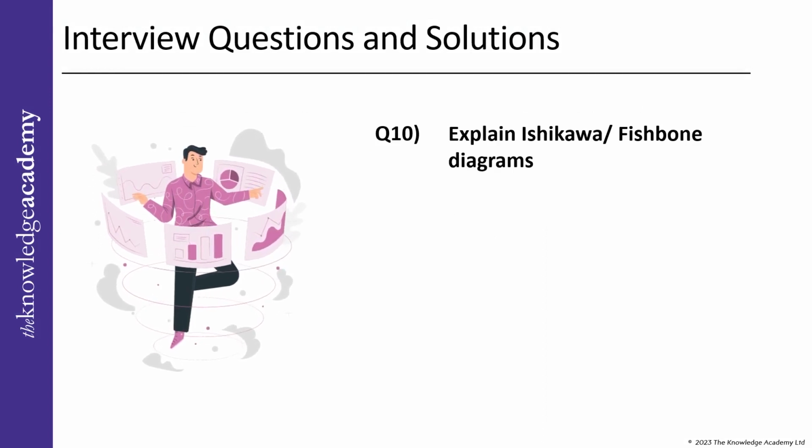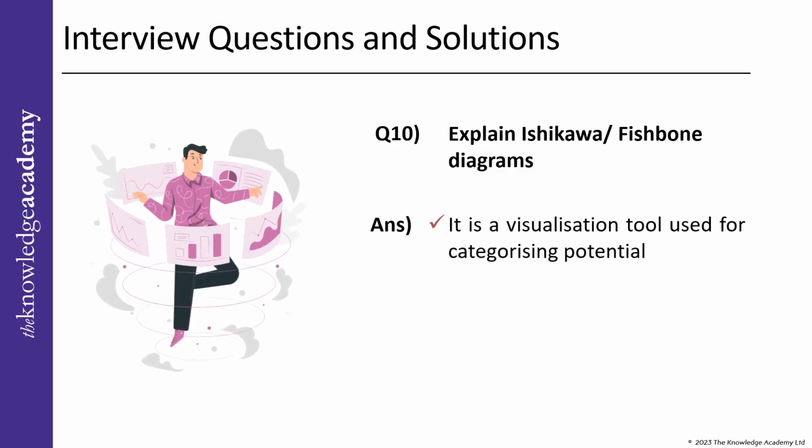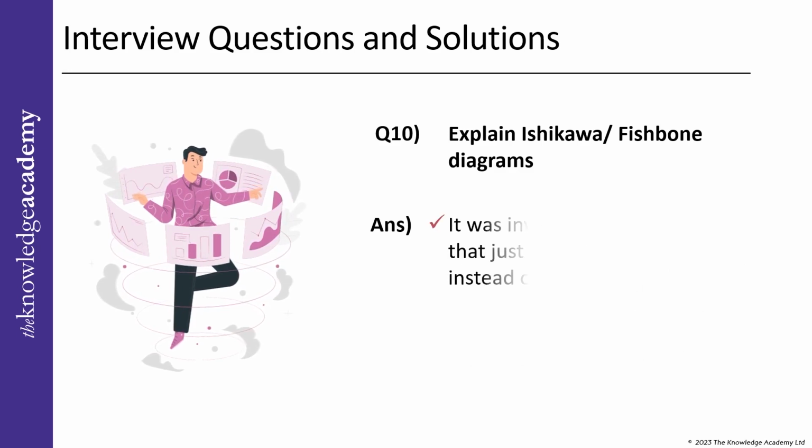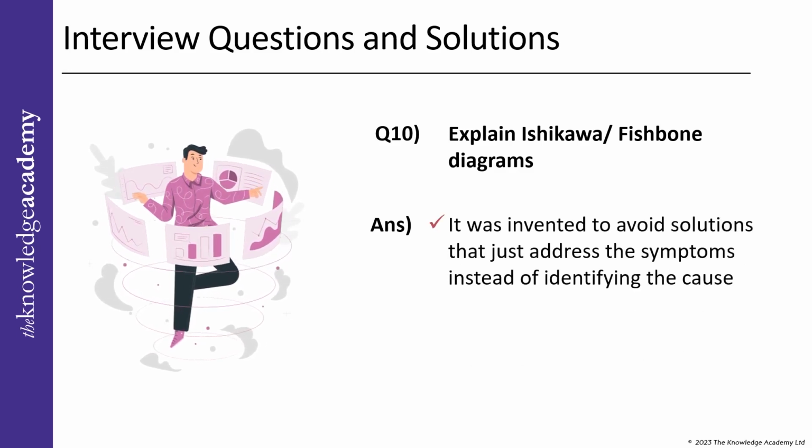An Ishikawa diagram is a visualization tool used for categorizing potential problems to identify their root causes. It was invented by Dr. Kaoru Ishikawa, a Japanese expert in quality control. It is also known as a Fishbone diagram. It was invented with the intention of aiding employees to avoid solutions that just address the symptoms instead of identifying